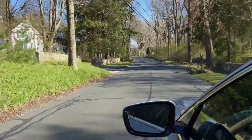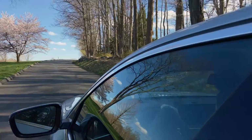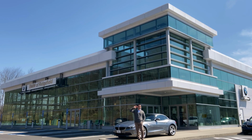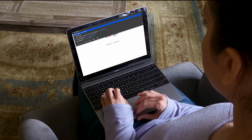It's time for innovative solutions. Getting out of the house and driving is one of the true joys we can allow ourselves. Even more so if you're driving a BMW. At BMW of Ridgefield, we've innovated a safe, fun, and friendly process to get you behind the wheel. Just follow these easy steps right on your computer or device at